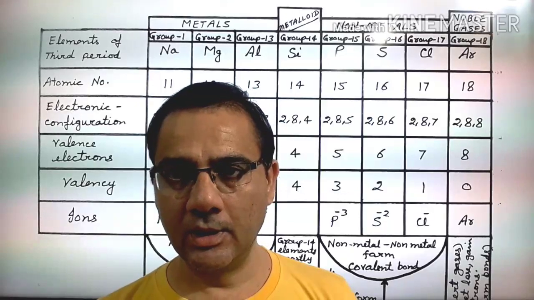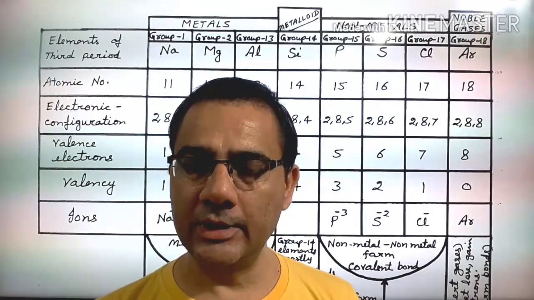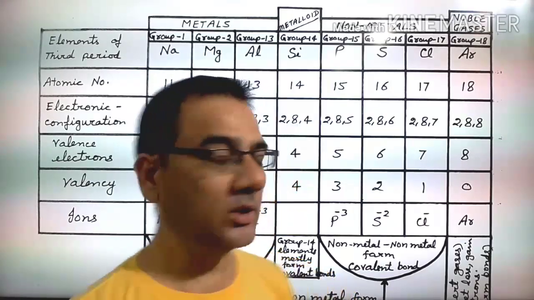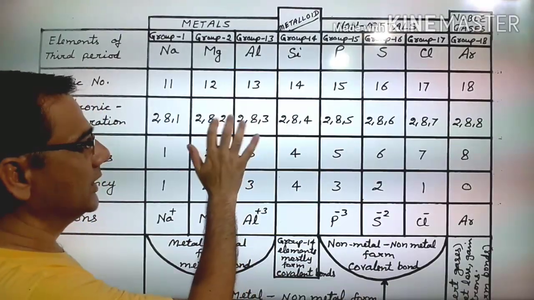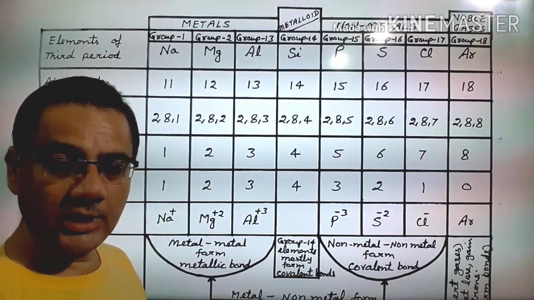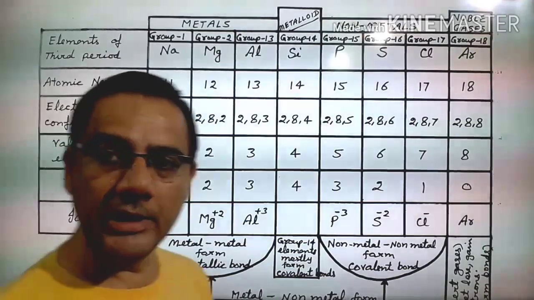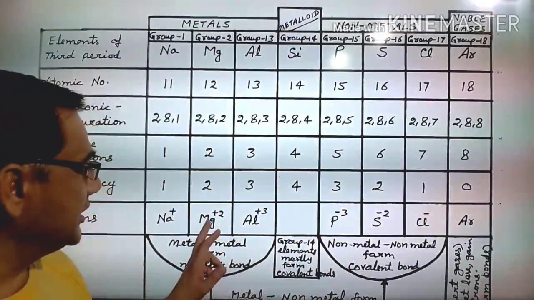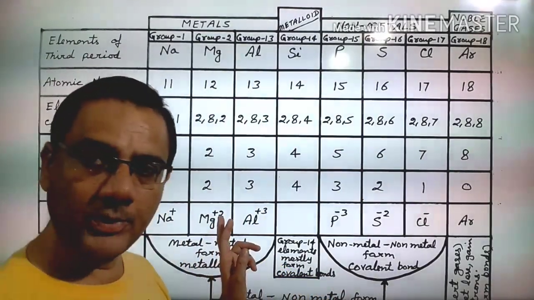So it's simple. Losing its own 2 electrons, that is quite easy. So what does it do? It will lose 2 electrons, and after losing these 2 electrons, this will become outermost and it will have 8 electrons in the outermost shell. And after losing 2 electrons, it will acquire 2 units of positive charge. So magnesium always acquires 2 units of positive charge.